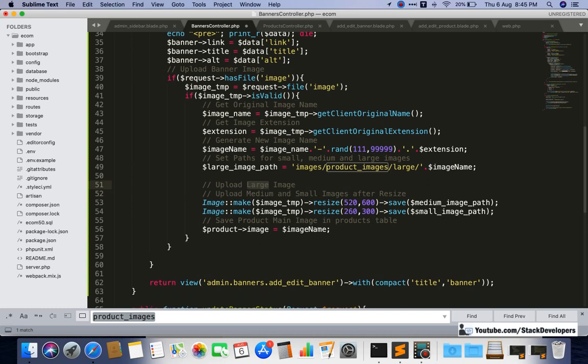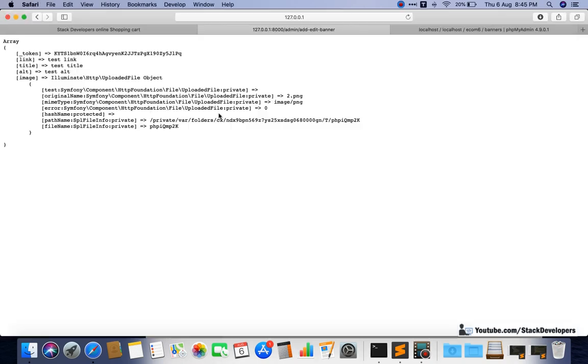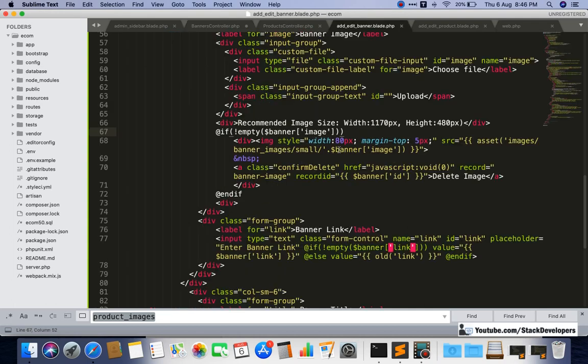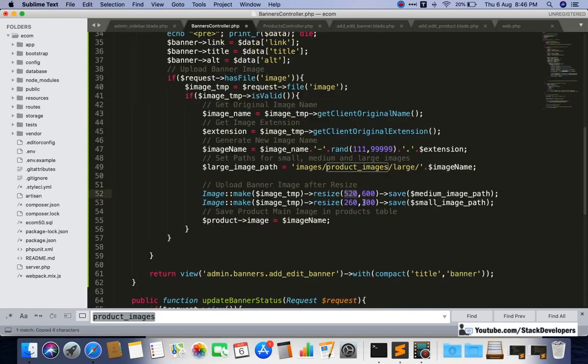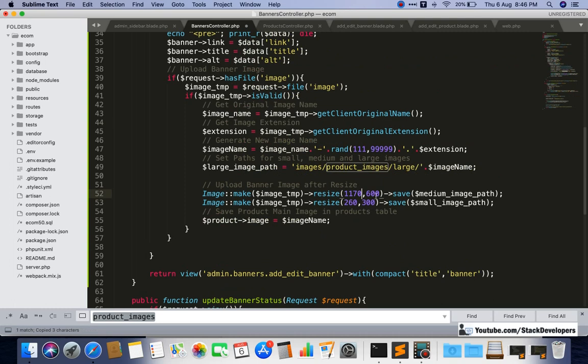Upload banner image, here we can resize, and specify the size of the banner: 1170, and next one is 480. Make sure you upload this banner size, otherwise it will distort.